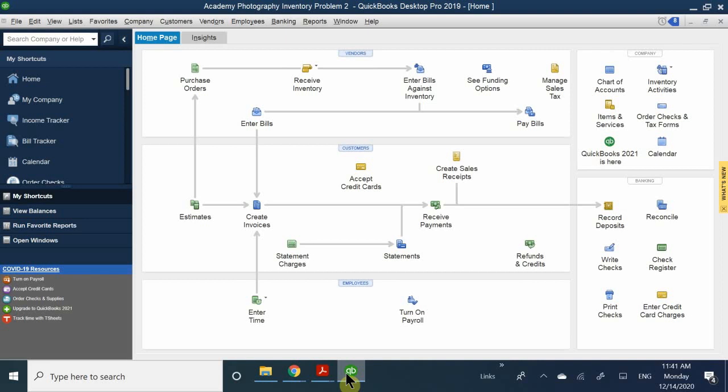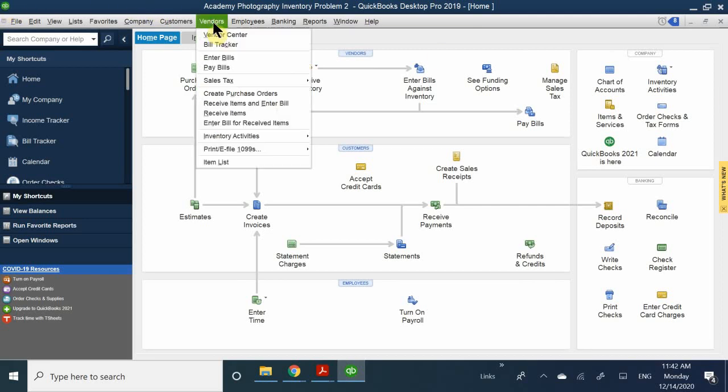How do you receive a bill against inventory? We're going to vendors, menu bar. Enter bills. Okay, so that one, no, unfortunately, you shouldn't do that, especially